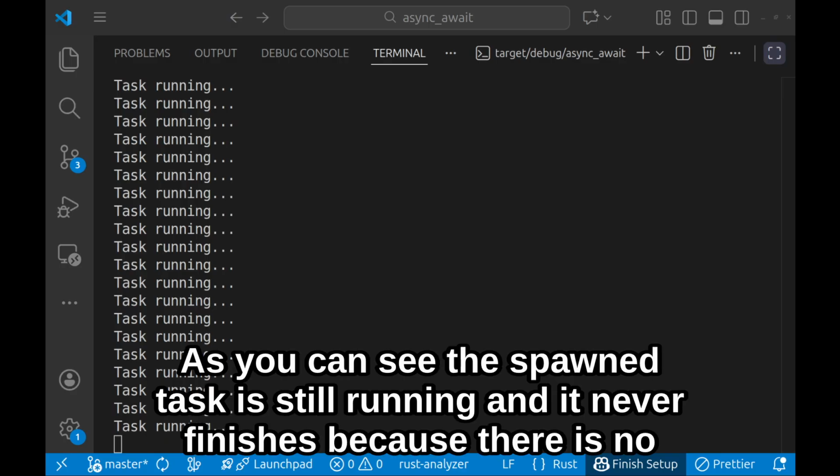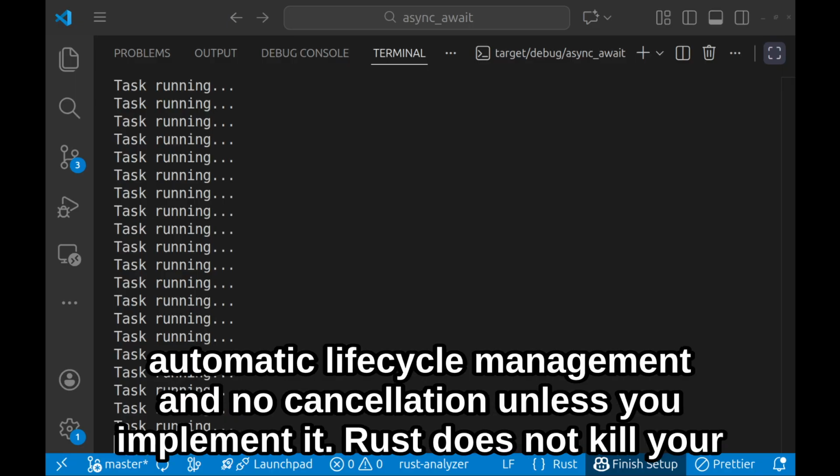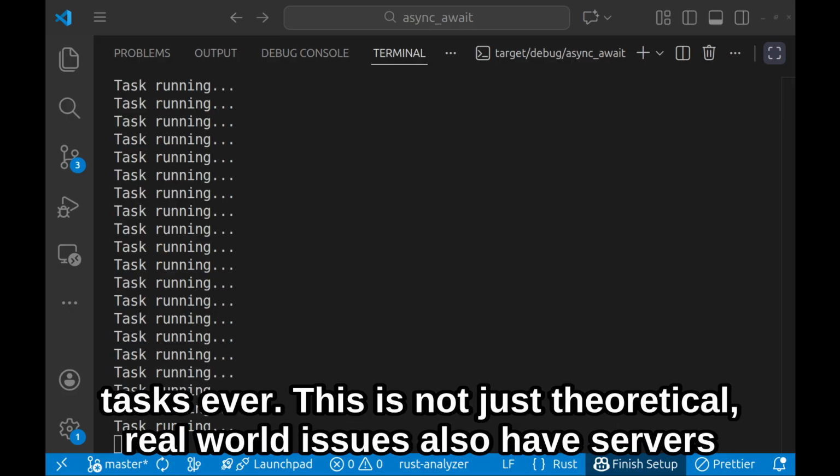As we can see, the spawned task is still running and it never finishes, because there's no automatic lifecycle management and no cancellation unless you implement it. Rust does not kill your tasks ever. This is not just theoretical. Real world issues also have